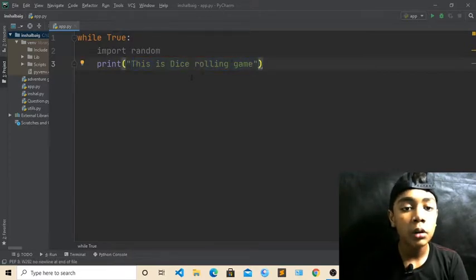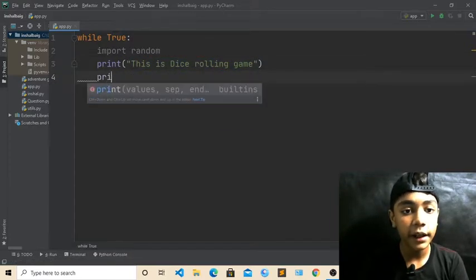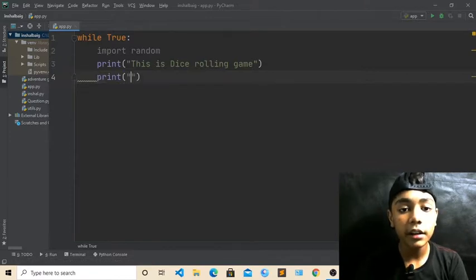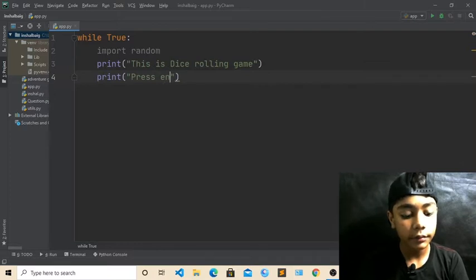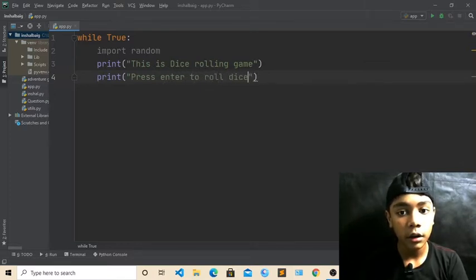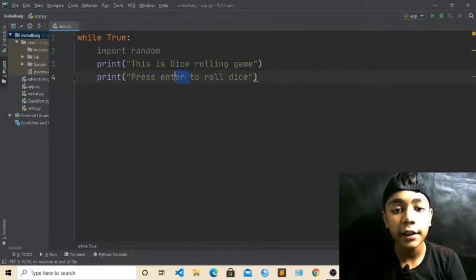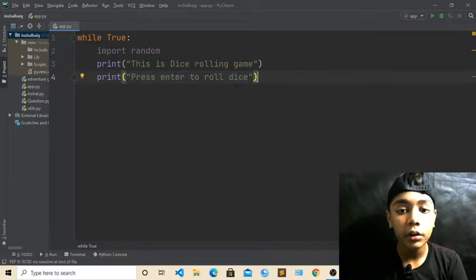Now write print again, and in this one write: press enter to roll dice. When the user presses enter, he can roll his dice. If he doesn't press enter, he can't roll his dice.